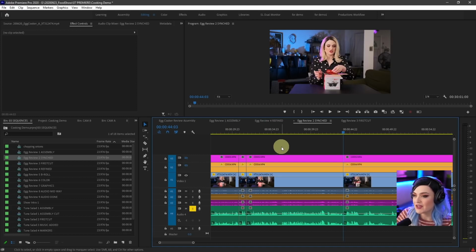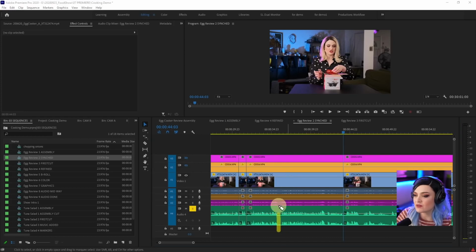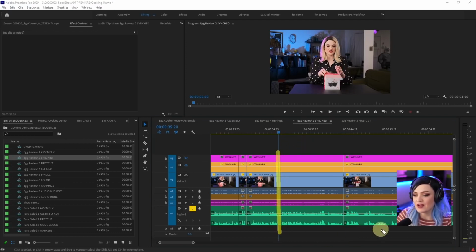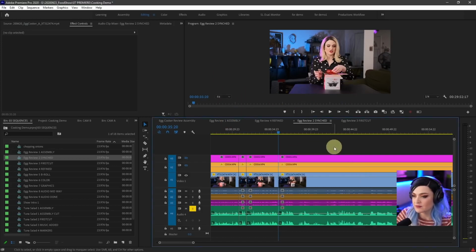So I'm going to press Command K again to insert a cut. And now I want to get rid of everything right here. So I'm going to put my playhead right where I want to insert the cut, and I want to get rid of everything from the playhead to the next cut point. So instead of everything before, I want to get rid of everything after. And that is the W command. So instead of pressing Q, I'll press W. And there we go. So we have our quick start guide,